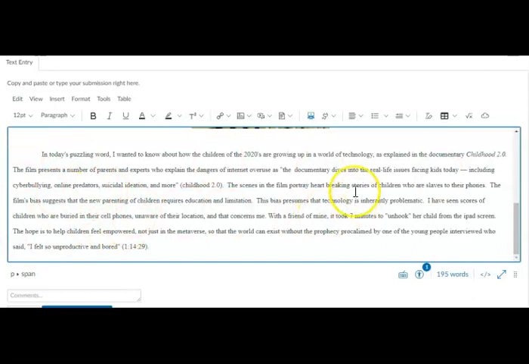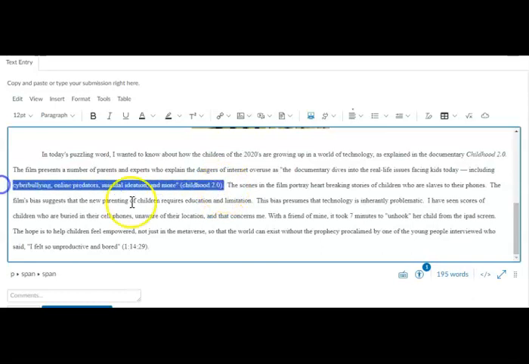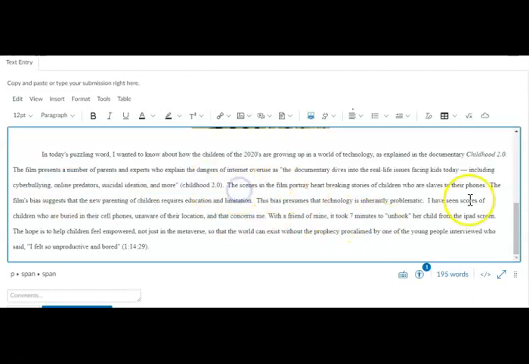This is a quote from the web page that states what the purpose of the documentary is. But I don't use those words as my own. I make sure I use quotation marks, and then after the end of the quote, I add a parenthesis, the title of that film in the parenthesis, and the period goes on the outside. See how that all looks like a neat, tidy little package.